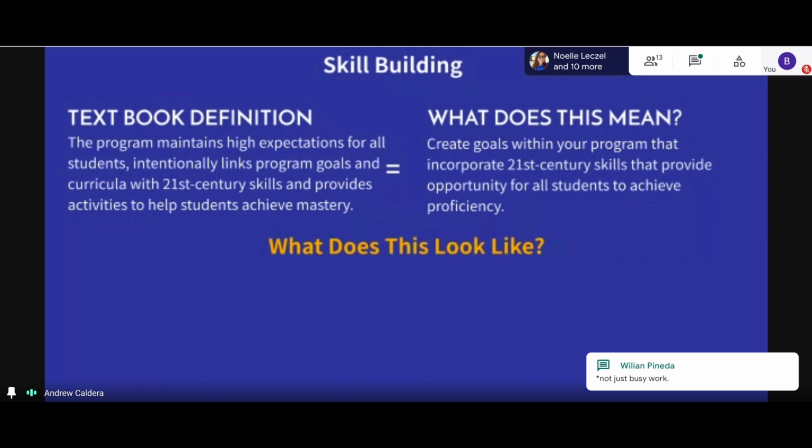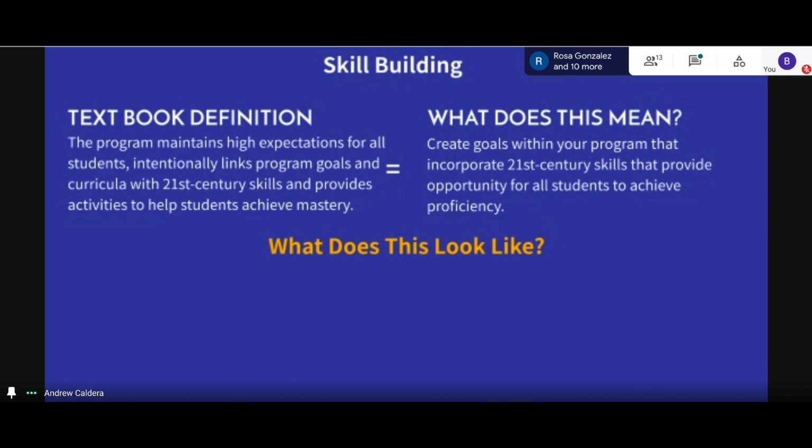Andy, so Will actually put in the chat, when thinking about skill building at the participant level, having additional activities to build upon their skills once they're done with homework, and at the staff level, setting up center stages, workshops, etc., and checking that our staff are encouraging students to participate in these different activities. And he added, not just busy work. Yeah, exactly. We want to make sure it's not just busy work. We want to make sure this is something they're interested in, just like how it goes back to active and engaged learning.